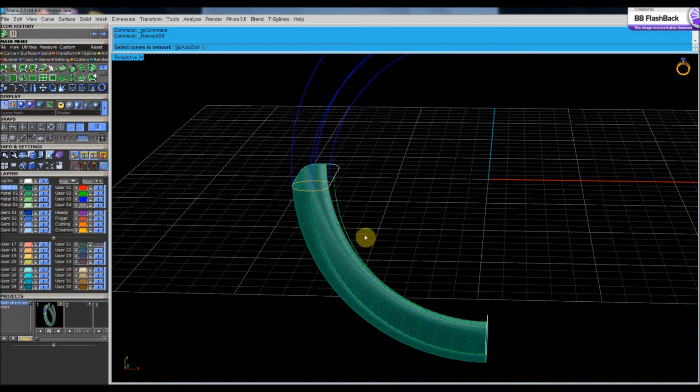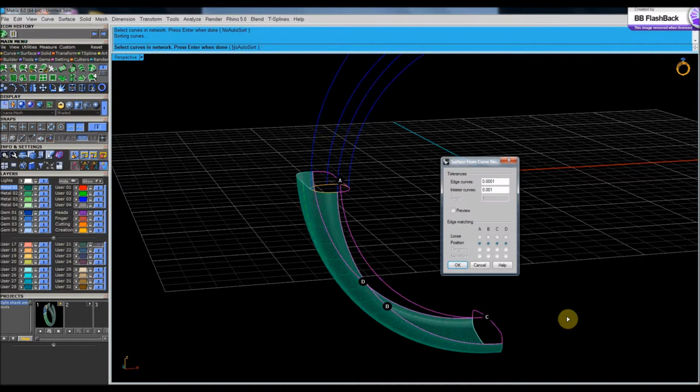So once again, curve network, select the curves, and enter. And when this box comes up, this value, 0.0001, is quite fine, but it works well. And if I remember correctly, in version 7.5, and I think in version 7 as well, this does not default to this low setting. It's a higher setting. I forget exactly what it is, but what I found with that higher setting or coarser setting is that